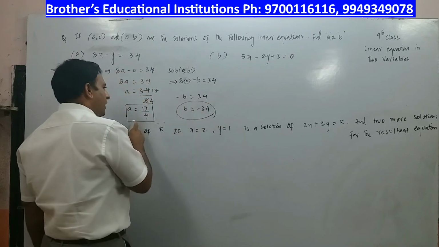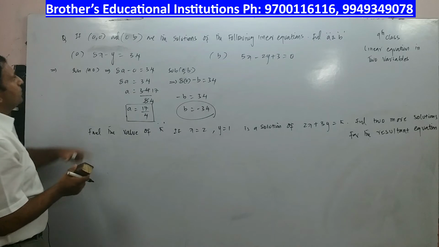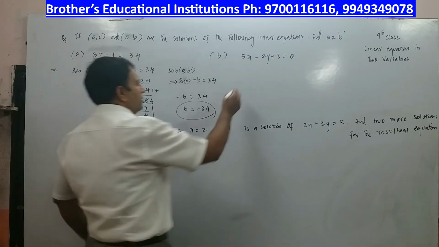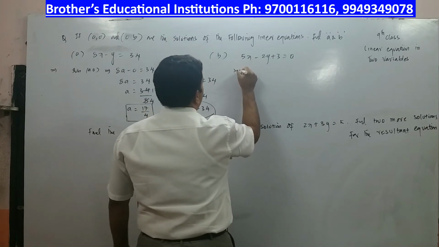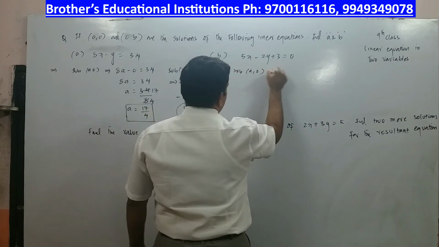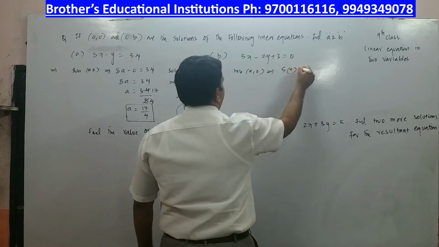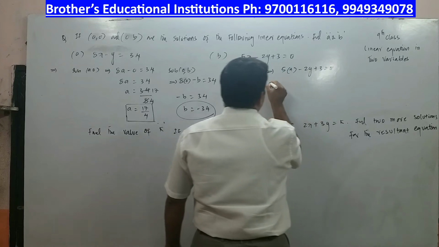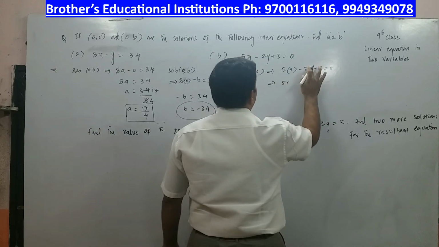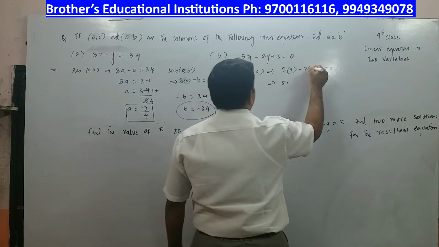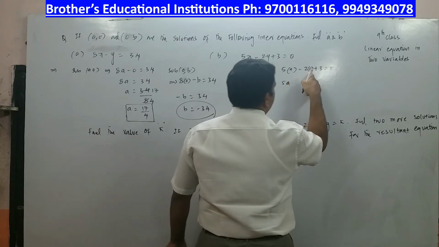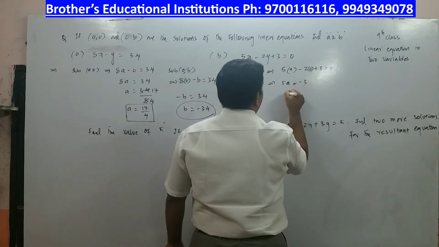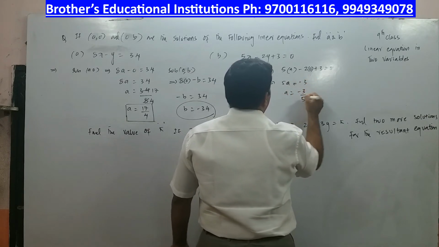You got the value of a, you got the value of b if you substitute a comma 0 and 0 comma b respectively. Similarly, here also, I substitute a comma 0. When you substitute a comma 0, it is 5a minus 2y plus 3 is equal to 0. Again, it implies 5a. See, instead of y, what I have to write? 0. So it is 2 into 0. So it is 5a, 2 into 0 is 0, plus 3. Plus 3 will go to the other side. You will have minus 3. a is equal to minus 3 by 5.